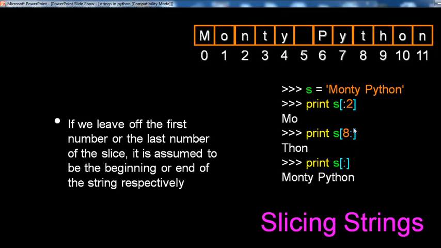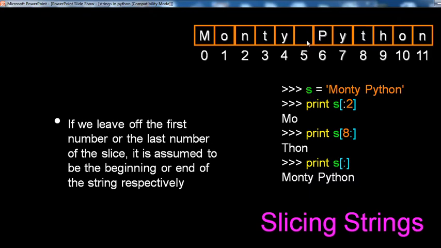See the difference between these two syntaxes: s[:2] and s[8:]. With 8 colon, you display whatever characters remain in the string after 8, and with colon 2, you get what comes before that index.